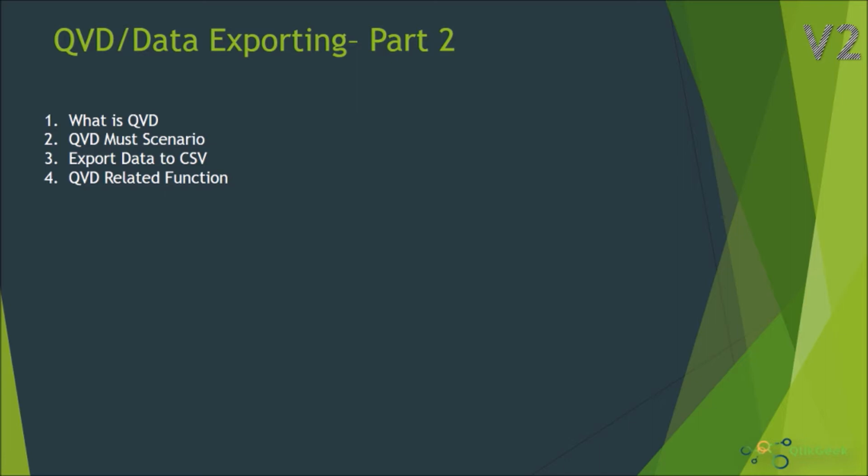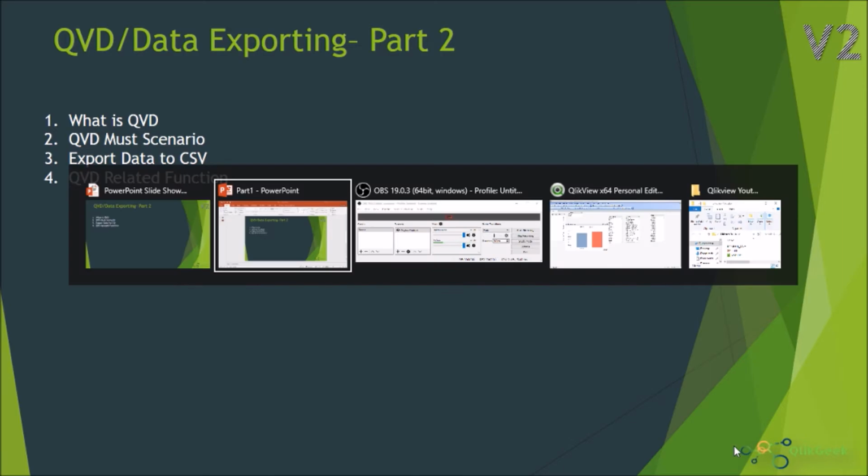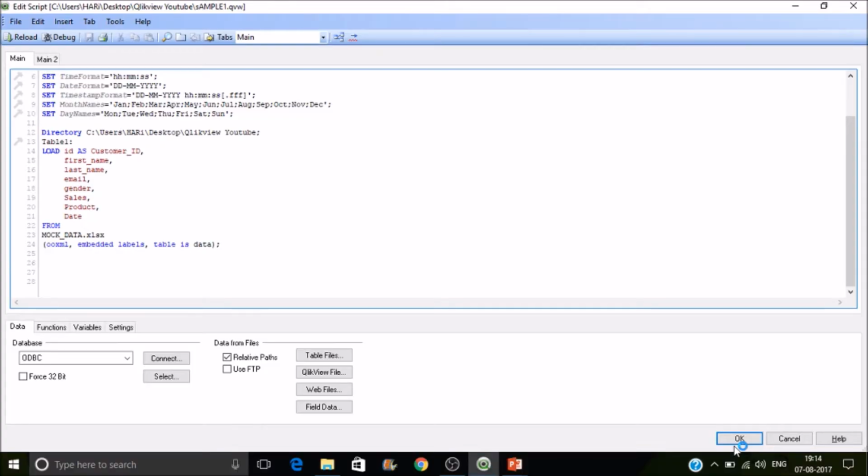Right, so let's switch to QlikView desktop. This is the table which I have loaded from an Excel sheet. Now I want to store this into QVD. So for that you have to write the instruction store. What do you want to store? This table, Table 1,